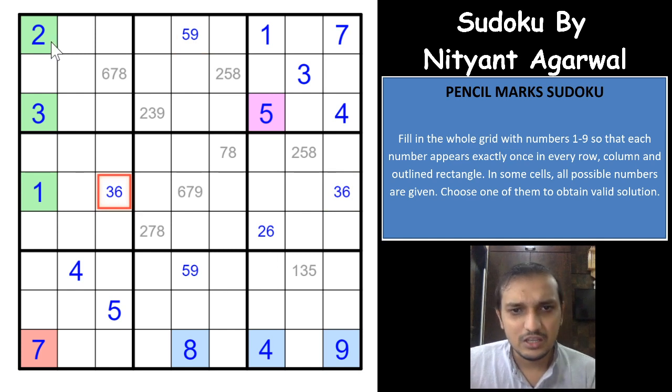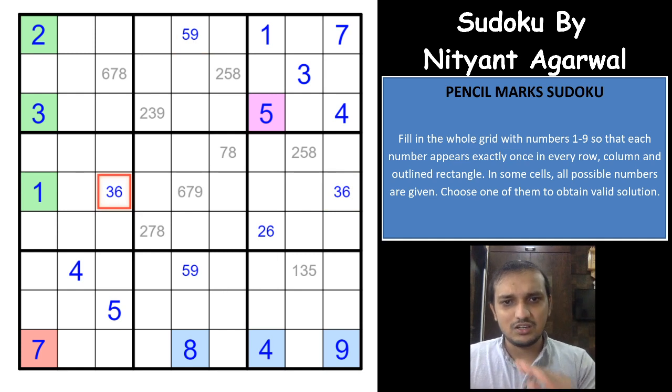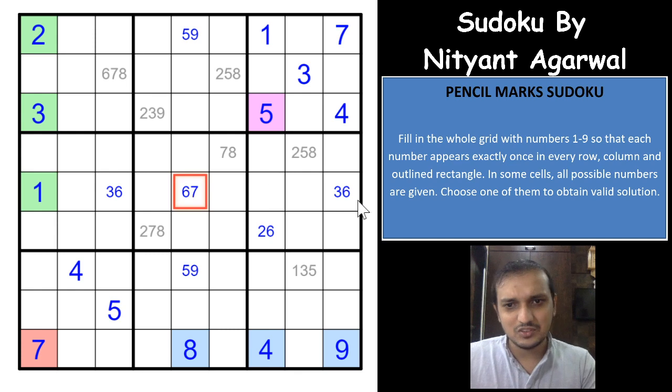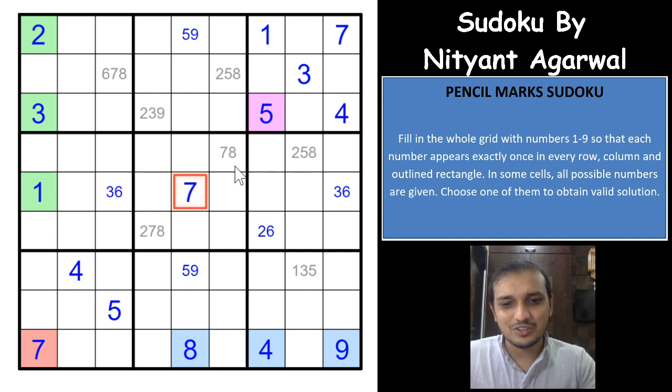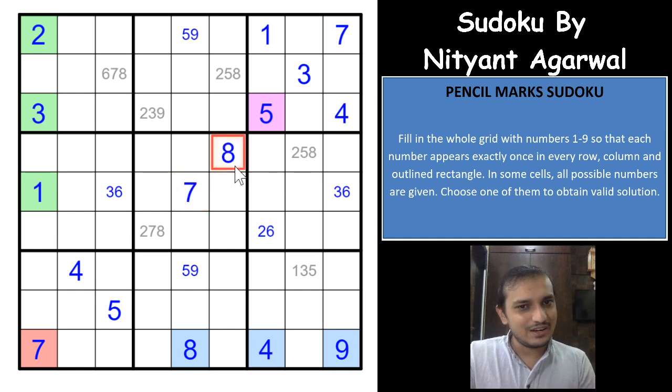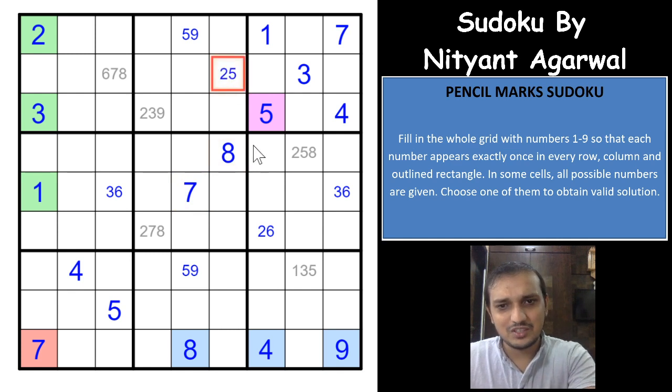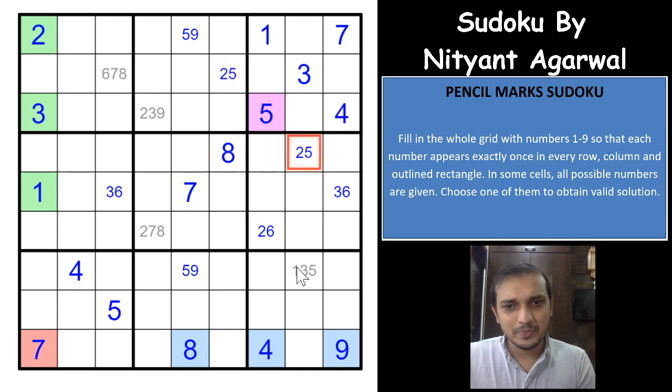Now if you see here, still the Sudoku is not completed, but it is very easy. You don't have to look out very much. You have a 5-9 pair that eliminates 9 from this cell, and you have a 3-6 pair that eliminates 6 from this cell. Wow! See the way the Sudoku has been designed, guys. You have to actually look out everywhere to solve the Sudoku, and that gives you a 7 here and an 8 here, right? And this 8 will eliminate 8 from this cell, 8 from this cell.